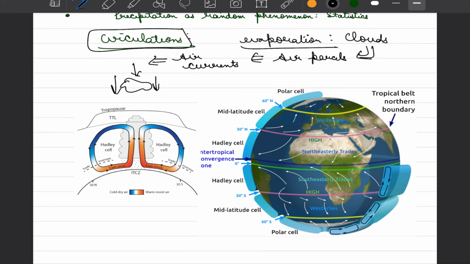Since these circulations happen at much larger scales, and most of them happen at global scale, we call the circulation set up in such a way the global circulation. And the complete cycle all the way from evaporation to coming back, we would call this transport of air parcels the cells that would set up on our earth system. So let us start looking into it from the global perspective.